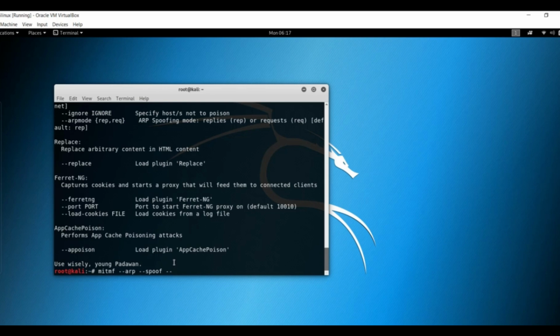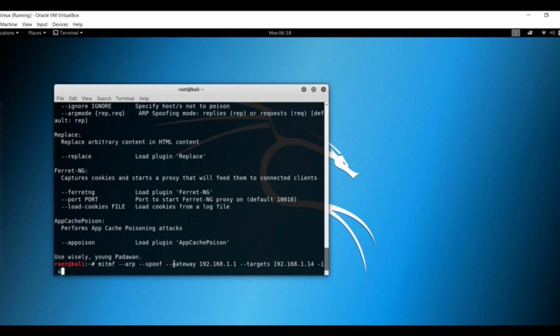After that you have to just pass the gateway first, and the gateway will be 192.168.1.1, and after the targets, and in my case the target is 192.168.1.14. After that we have to specify the interface, which is wlan0, and after that you have to pass